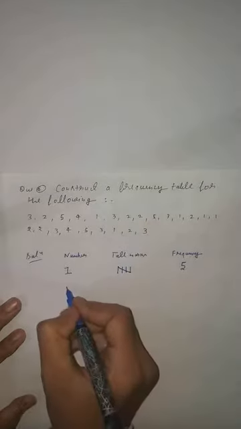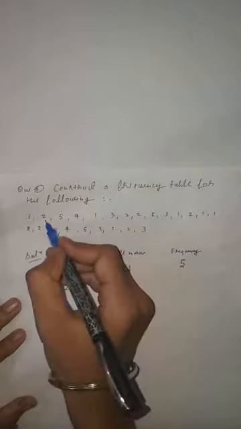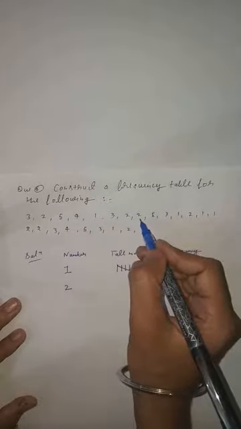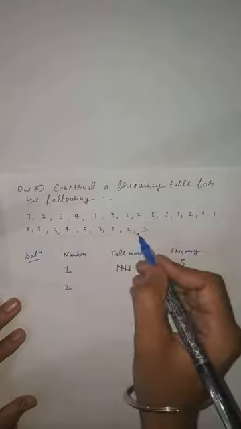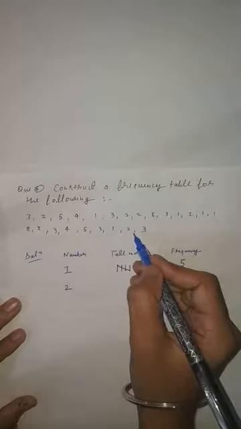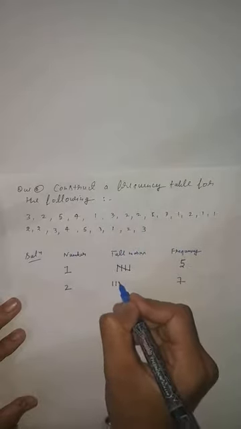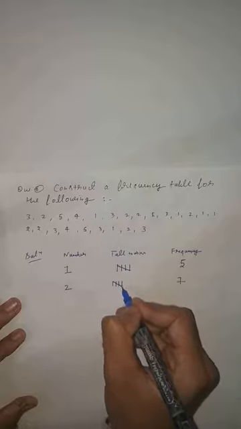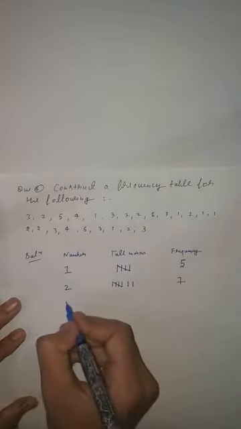Now you will start from 2. So for 2 you will count carefully. 1, 2, 3, 4, 5, 6 and now 7. Clear? So the total of 2 is 7. So here 1, 2, 3, 4, 5, now 6 and 7. Clear students? Now come to 3.